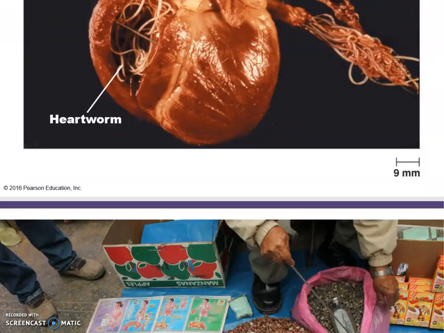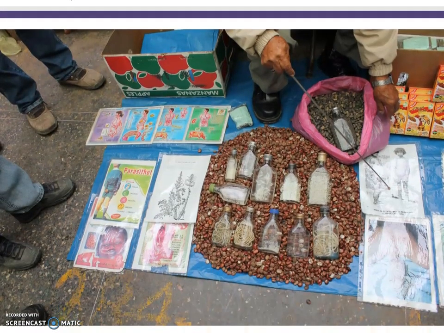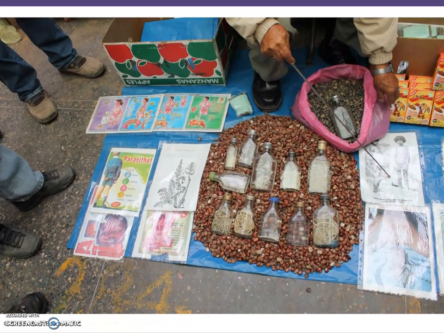Next up are some pictures that I took myself in a farmer's market in Peru. I found this really interesting because there was this guy, he had his booth right there in the farmer's market, and he had some pictures of kids. Take a look at this one here. This kid is scratching his butt, and so that would be a pinworm infection, pretty typical. And he had a nice specimen there in his bottles showing, and of course he was trying to